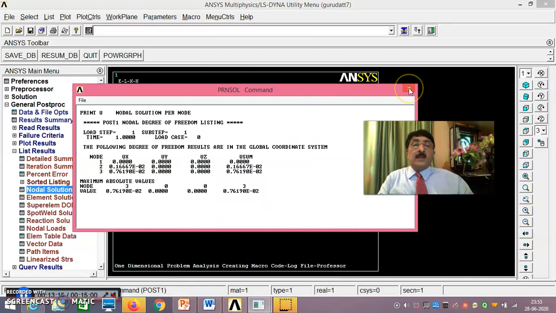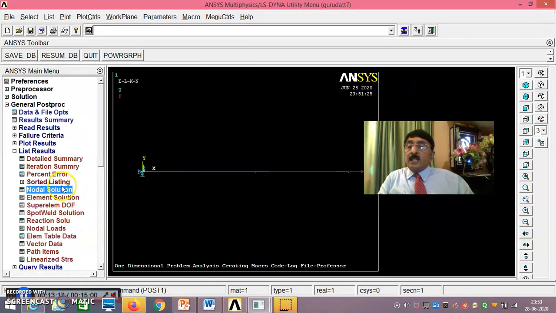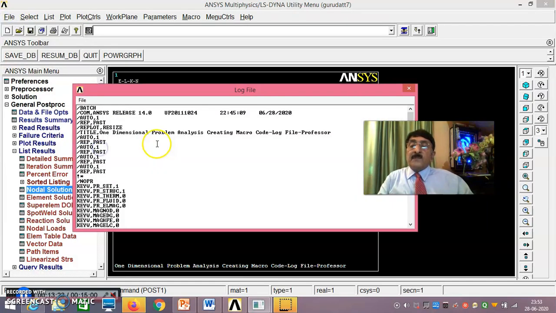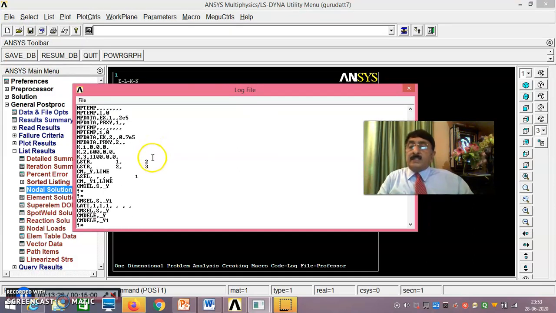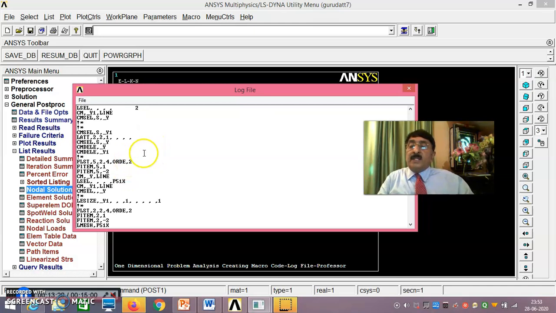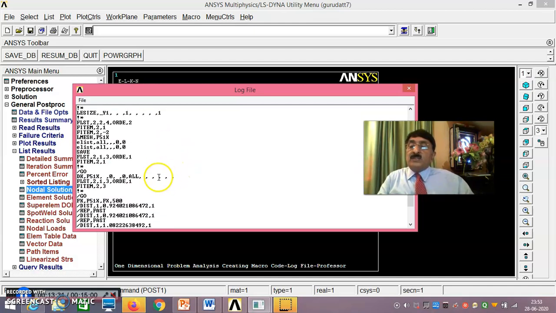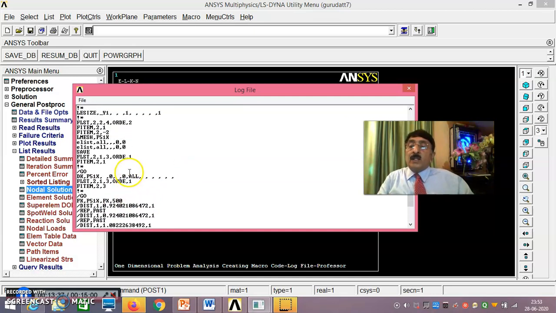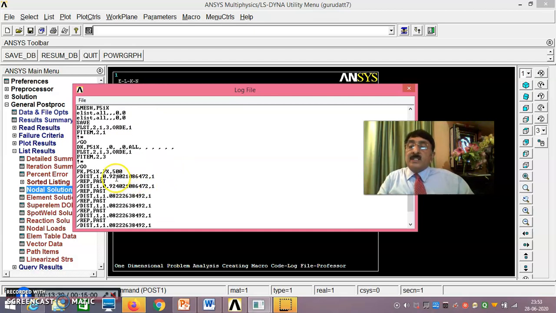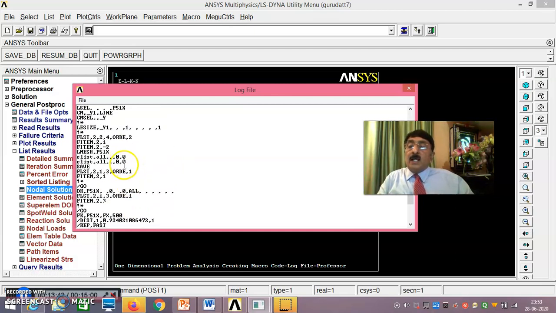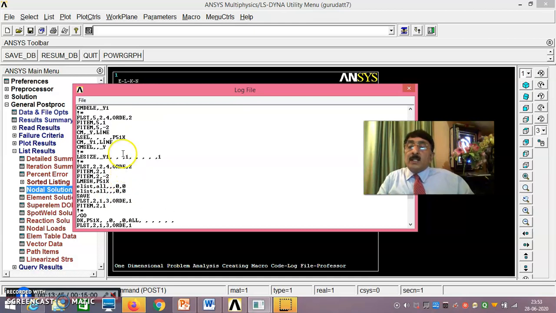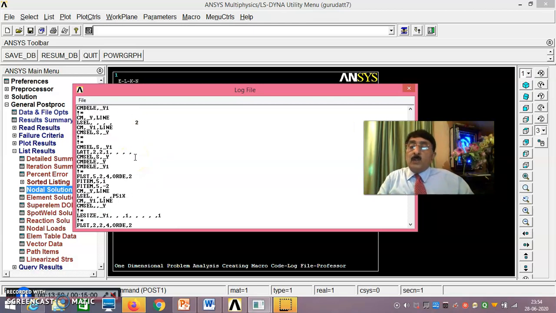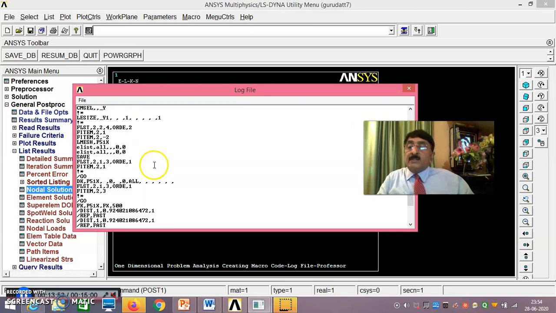Now let us say up till here, if you look at this list, log file, you can clearly analyze. In the next session, I'll be totally concentrating on explaining these things. Applying the load and all that, see here, FX is 500 what I applied, and then what I have applied here. These things I'll be telling you in the next session, how exactly these things are explained.